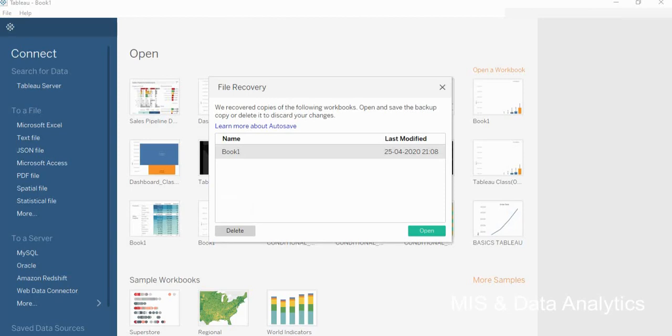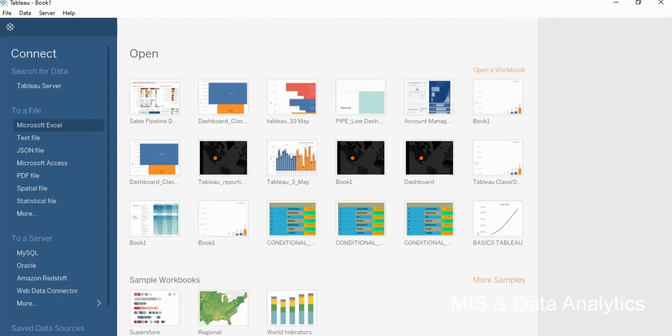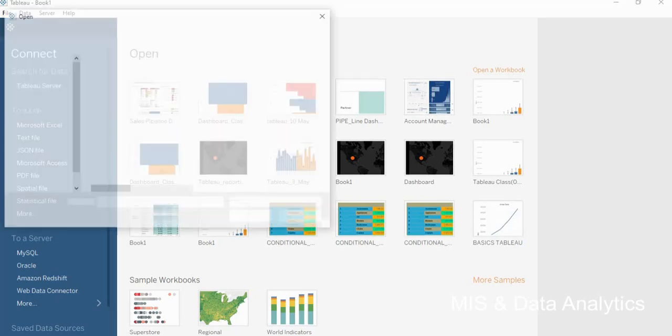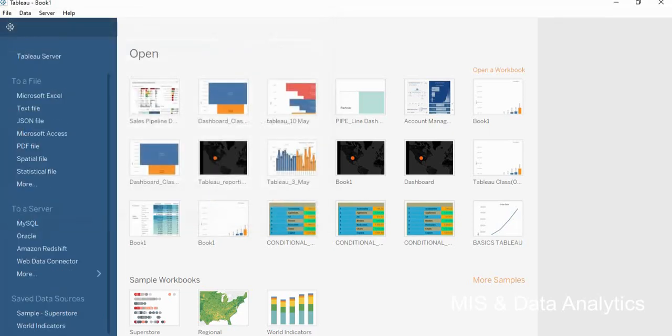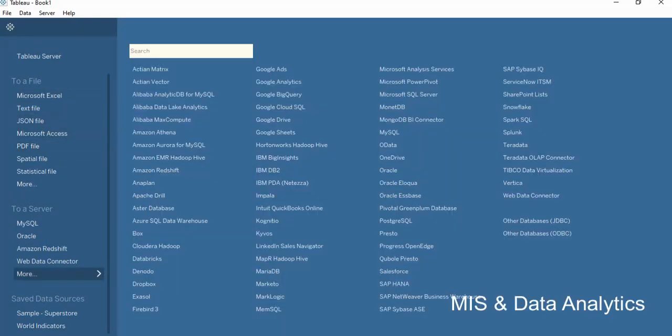First, you can import data from many resources. I will give you a small introduction. Here there will be different types of data. You can